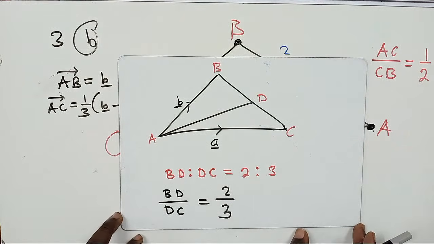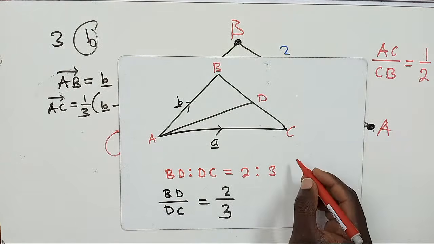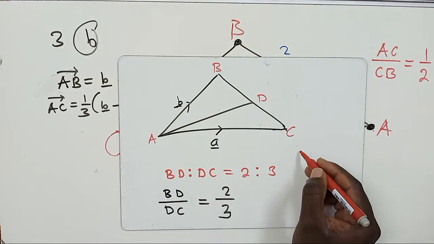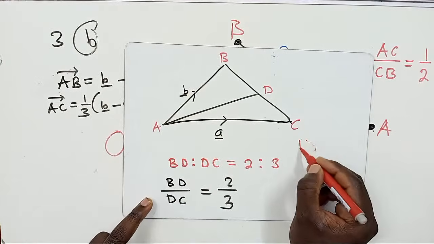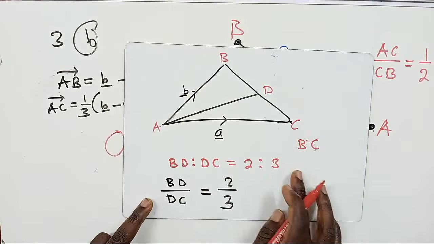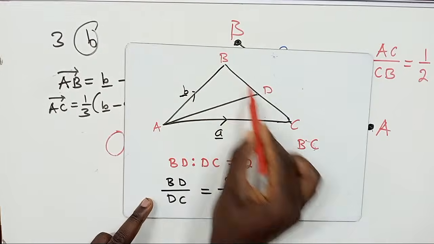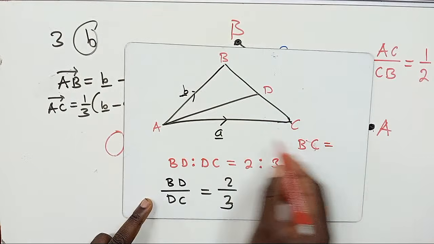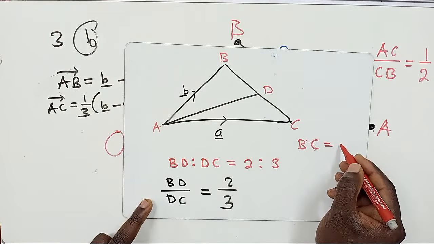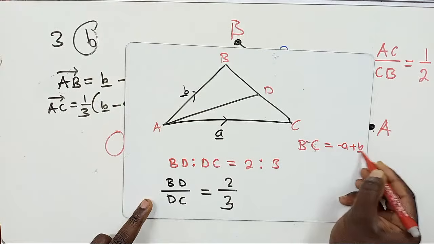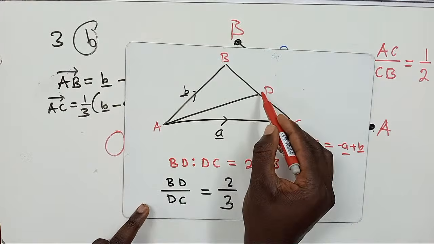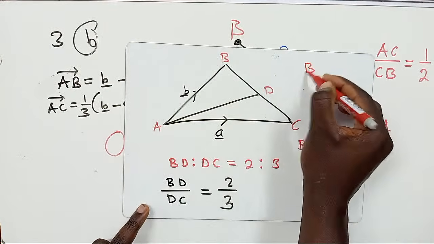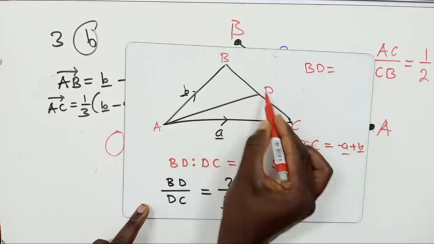They are ratios. Okay? So in case they say find or express BC, they want us to find BC. So when we find the BC, in this case BC will be negative A plus B. We've just found BC. So if they want you to find BD now, since we have found